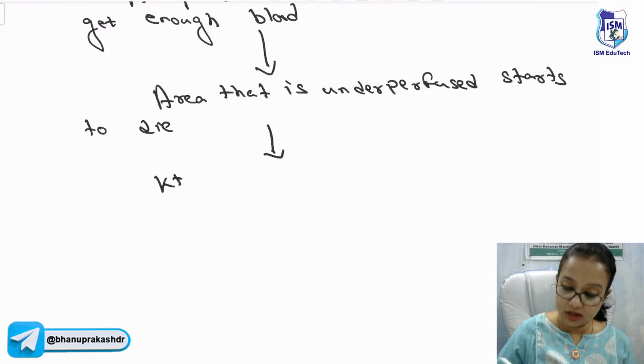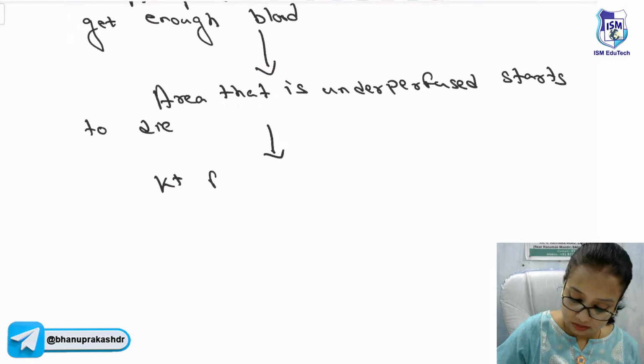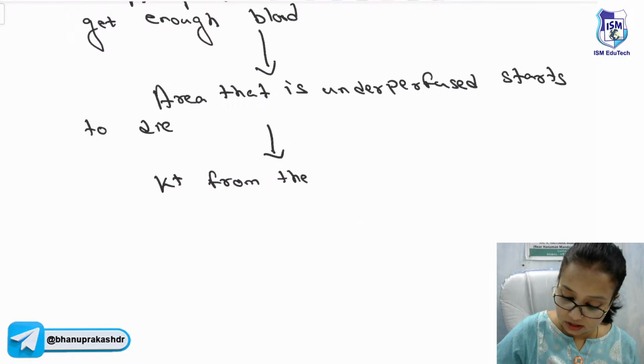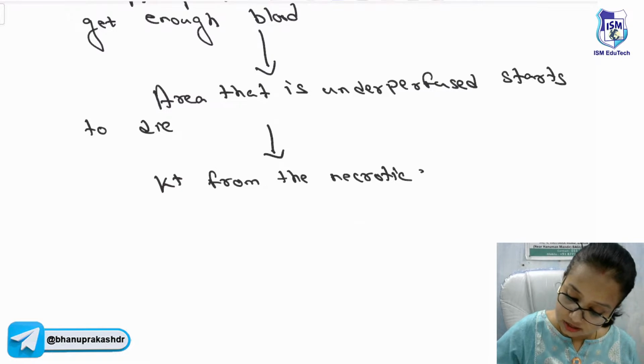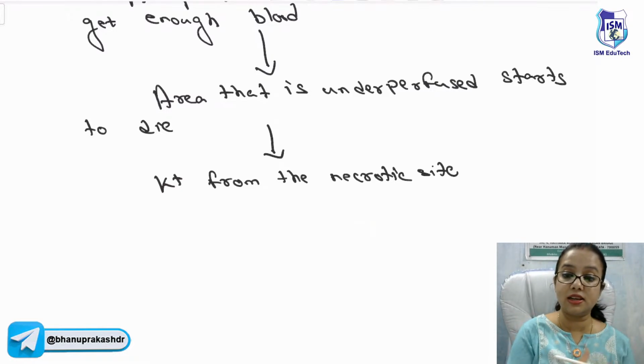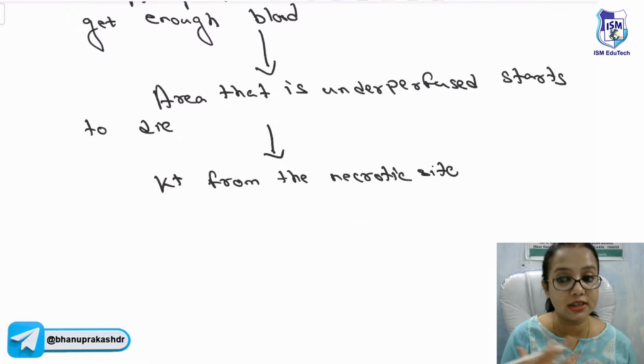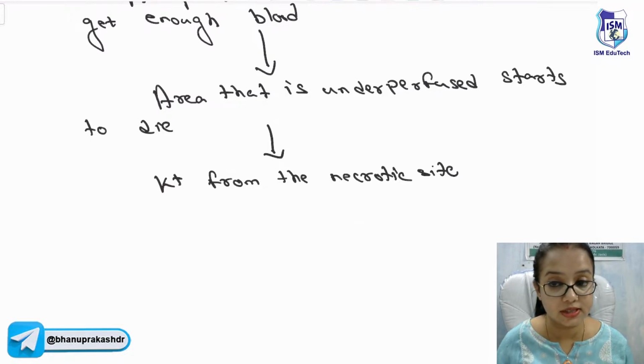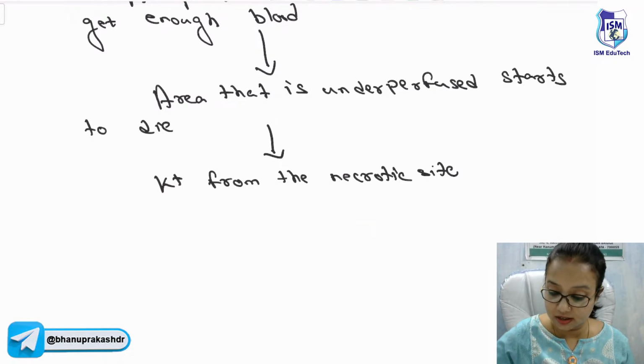In that case, what happens? The potassium from the necrotic site, that is the area in the cardiac muscle that is not getting enough blood supply and it is dying,